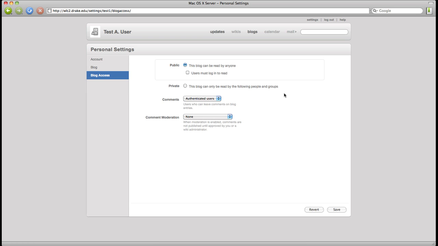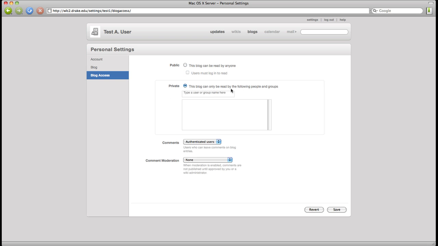And what we mean is that if you set it to private, we want to make sure that your instructors can still get in and see your blog post. So what we want to do is change this to users must log in to read. Or you can say it's a private blog and that only the following users or groups. We don't really want to use this one